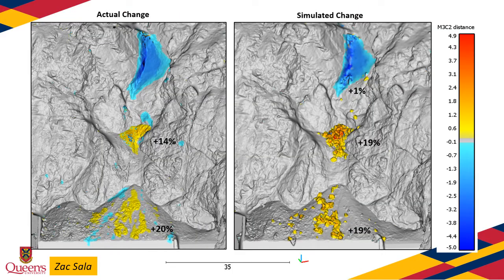On this slide, we can see the results of the simulated change on the right compared to the actual change on the left. And what we can see is a reasonable agreement between the percentages of volumes that are resident on different parts of the slope. This gives us some confidence that the fragmental rockfall simulation using the physics engines is an avenue of research worth